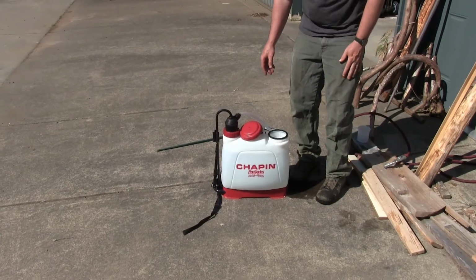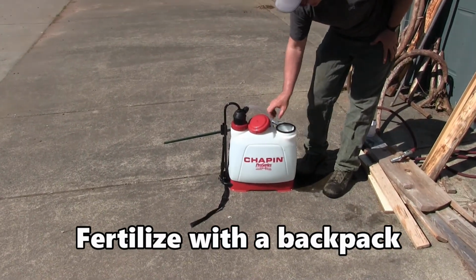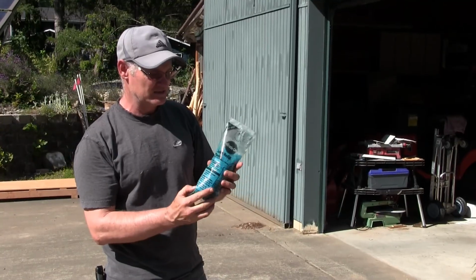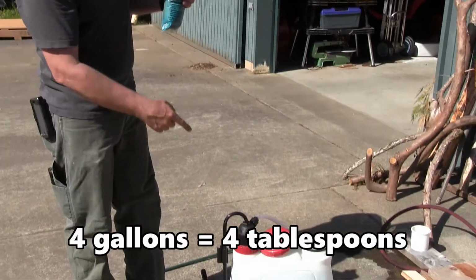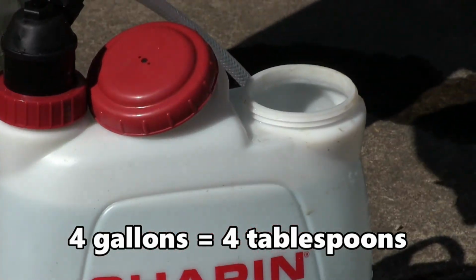Here I've got the backpack water. I've got 15 liters of water in here, about 4 gallons. What I'm going to use this for is to fertilize my garden. All I need to use is 4 tablespoons in one of these. 1, 2, 3, 4. 4 tablespoons of